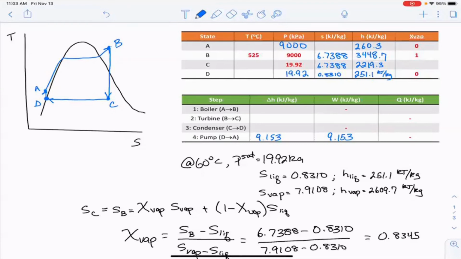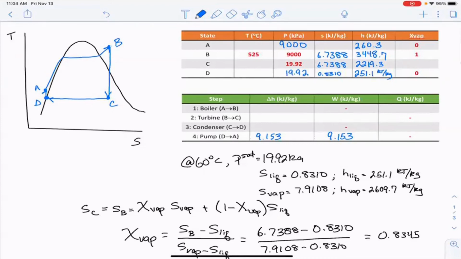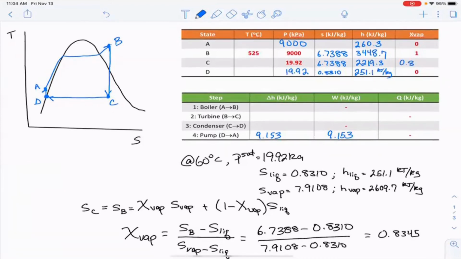Okay. All right. So what we've done is solve for the enthalpy at each point in the Rankine cycle. Okay. And so that means that we should be able to find the heat that's added in the boiler,